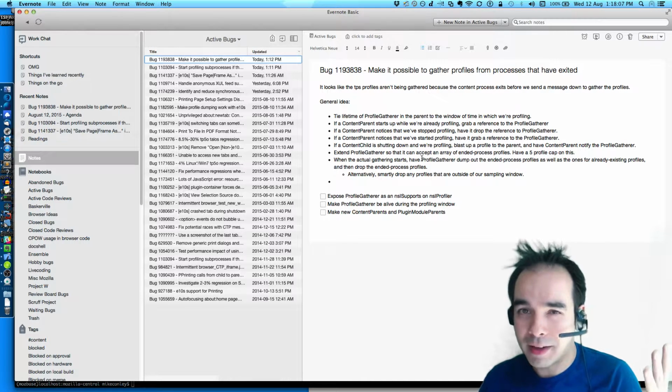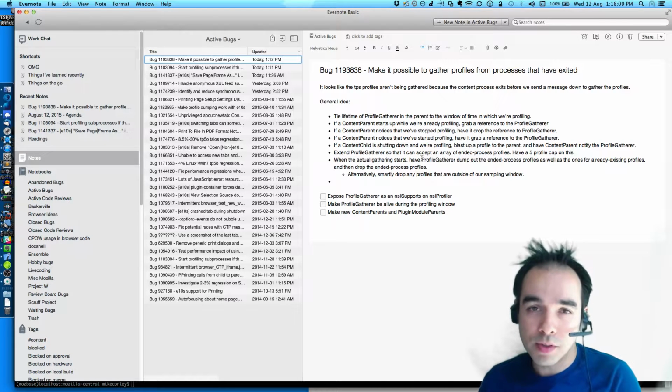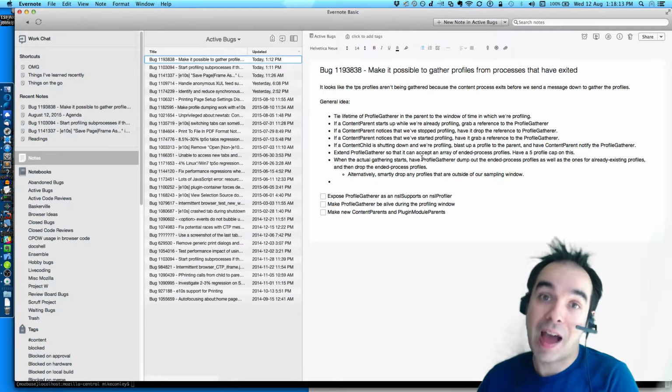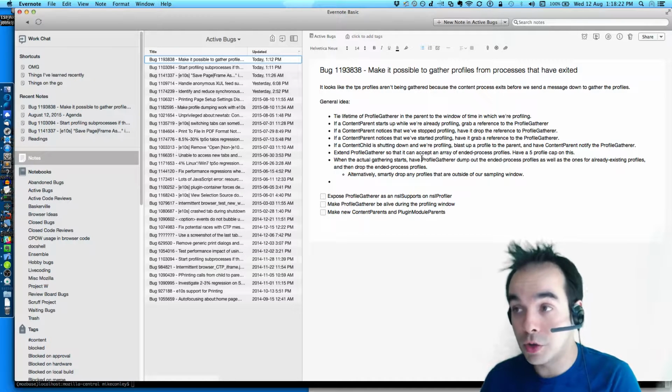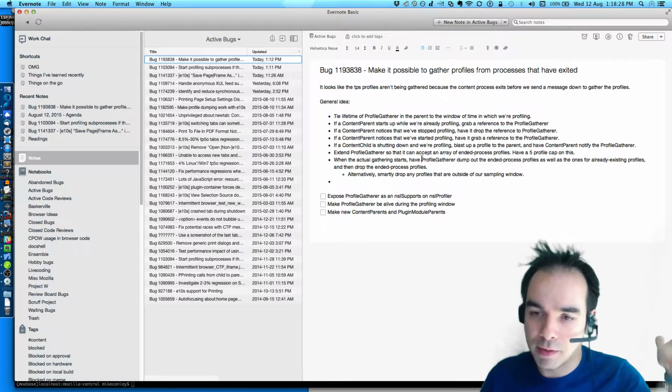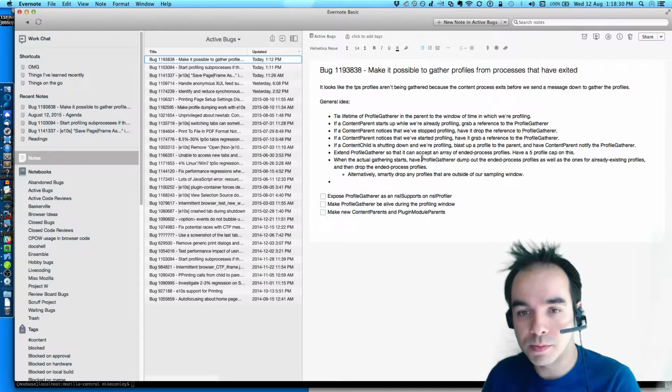Maybe have a 5 profile cap on this, because it's possible that, who knows, maybe in our testing infrastructure or something, we might open and close 1,000 subprocesses, which is crazy, but it could happen if you open one remote browser and then shut it down, then another and shut it down. You could end up with many profiles if you're profiling. So we'll have a cap of 5, magic number 5, and we can tune that as needs be.